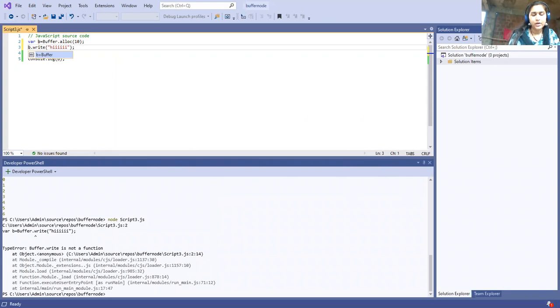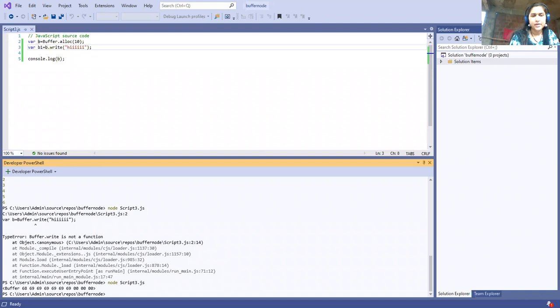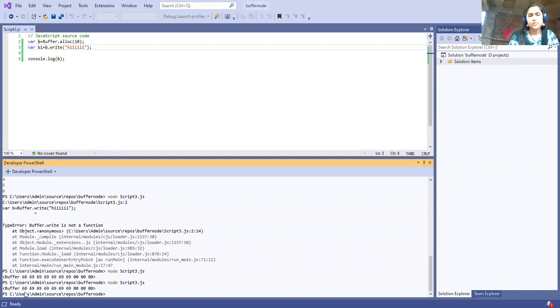It will return one variable, so suppose b1 equal to b.write, and I'm going to use hi. Now let us see what happens when I display the output of this function. It will show me the number of characters written. The H will be 68, then i will be 69, and that much. And I allocated 10 memory locations, so whatever remains would be 0 as it is initialized.